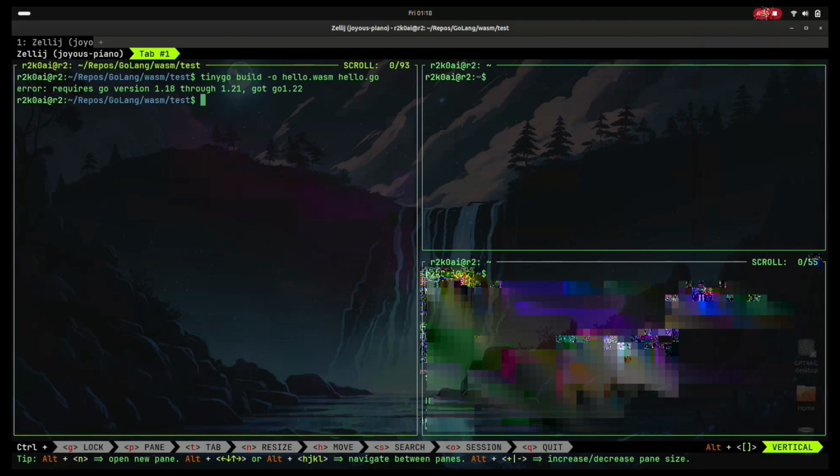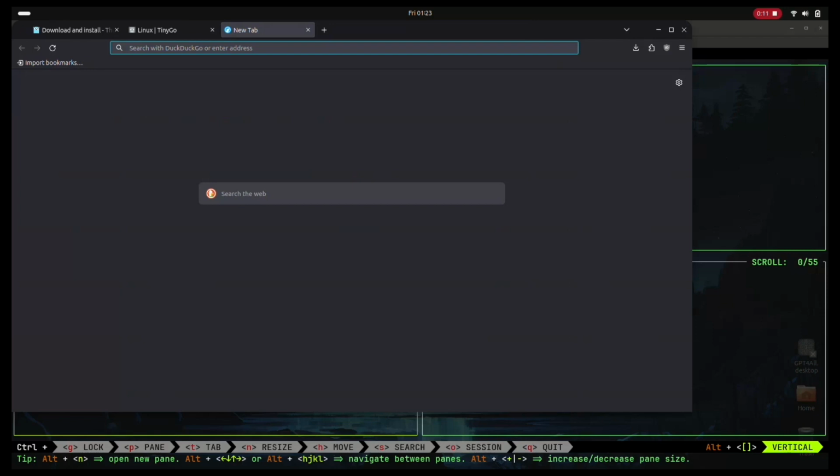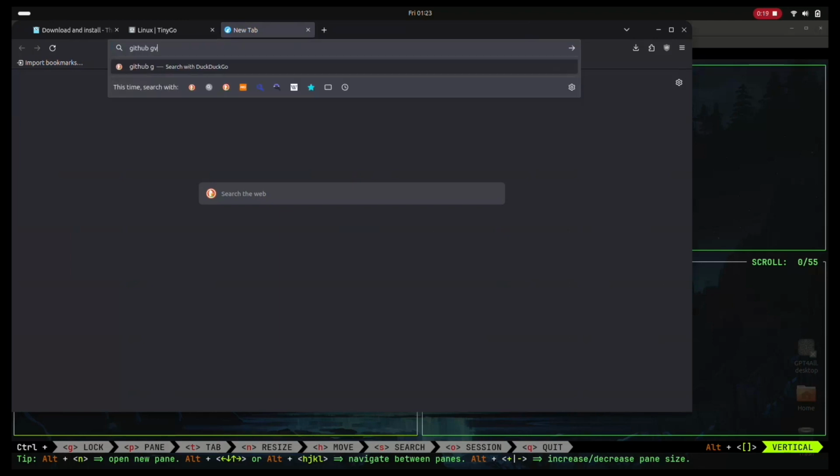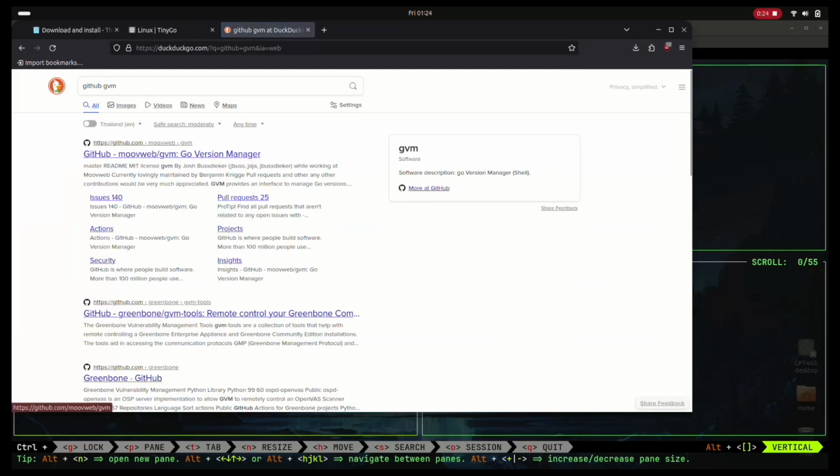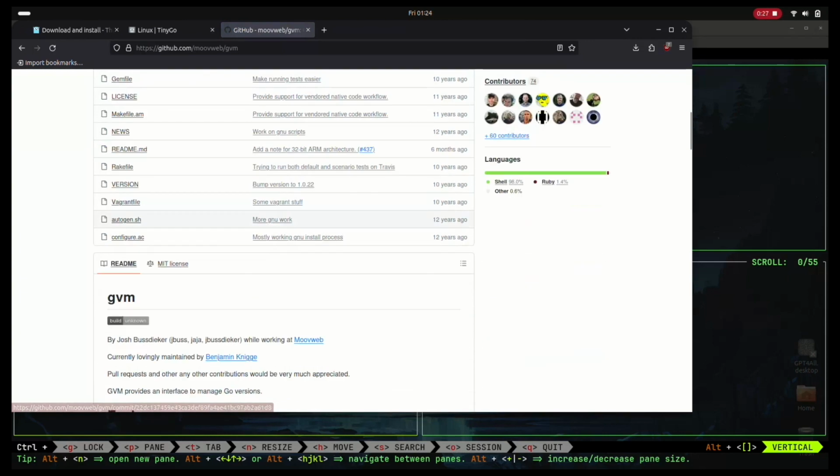Okay. Need to change the version. It needs 1.21. We're going to use GVM, the Go version manager, to fix this issue. Okay, project repo on GitHub. Going to have to install